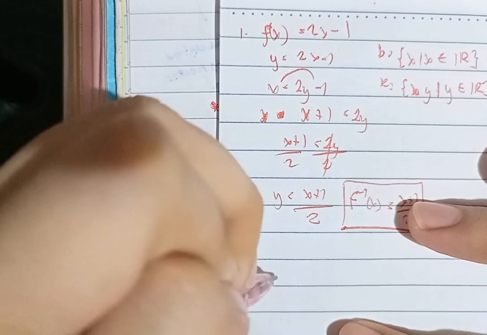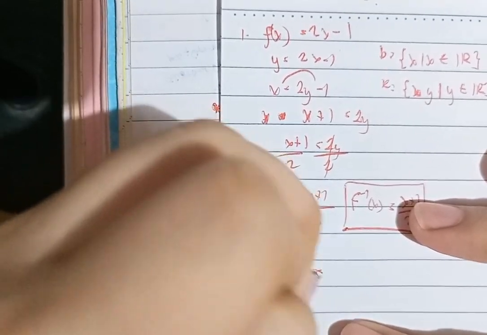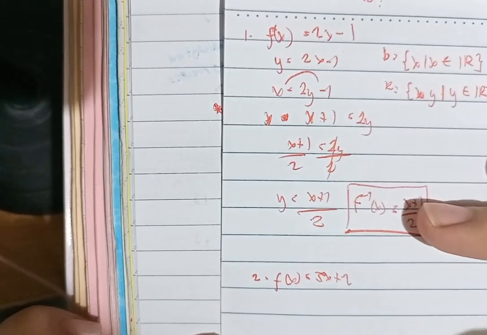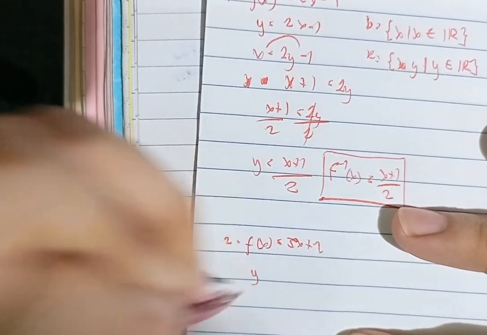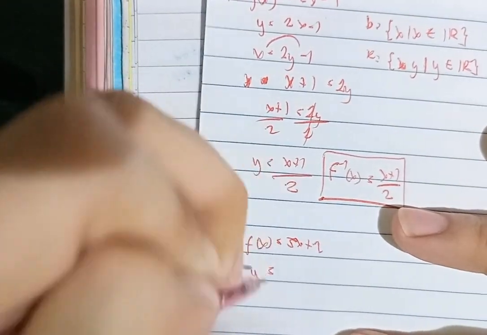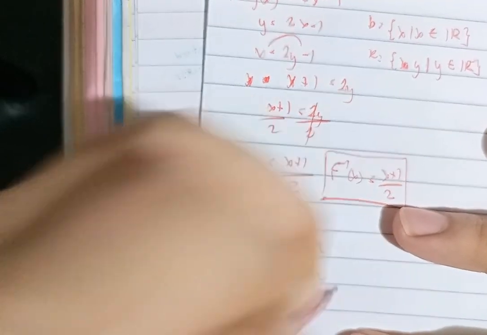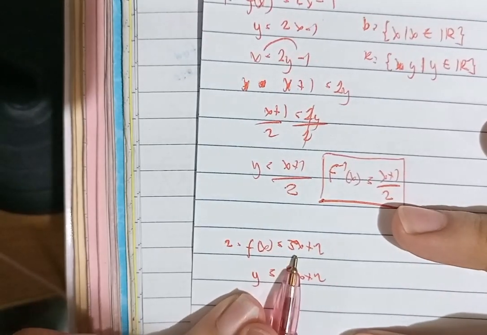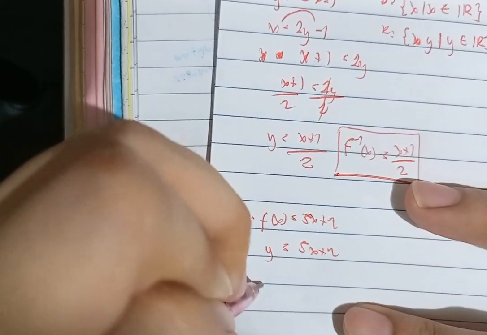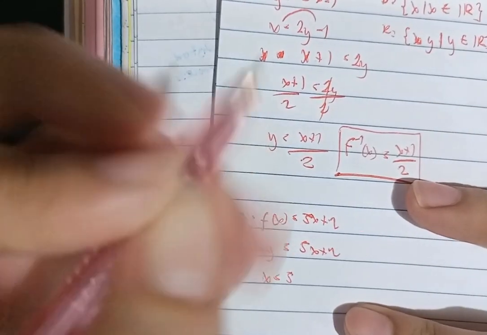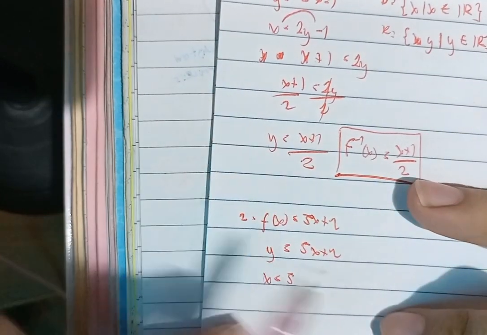And then, number 2 na tayo. F of x is equals to 5x plus 2. So, f of x, gawin mo siyang y equals 5x plus 2. So, yun. 5x plus 2, 5 yung nasa ilalim, tapos 2, magiging minus 2. So, pagpalitin mo lang yung x and y. So, x equals,